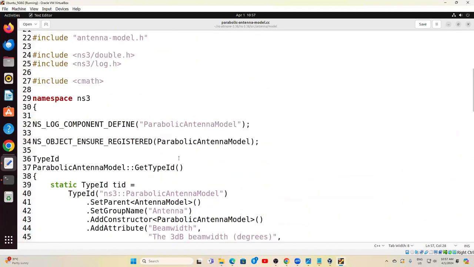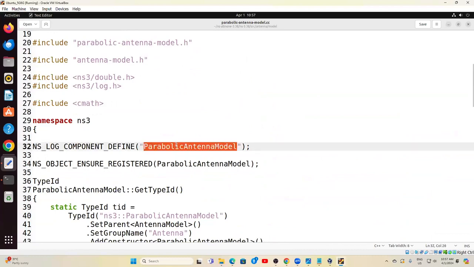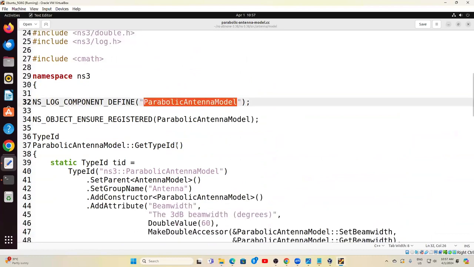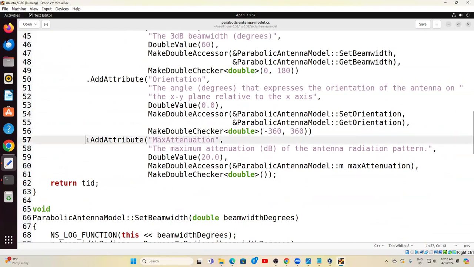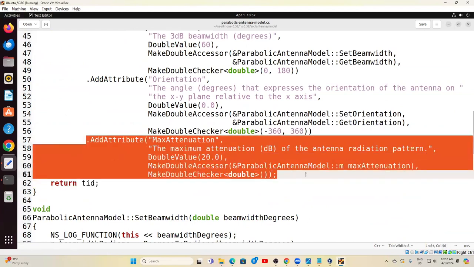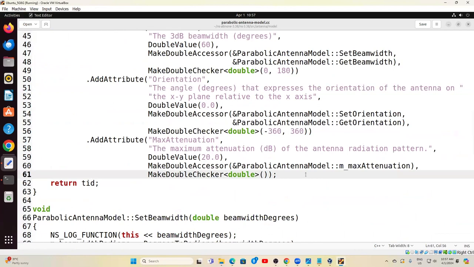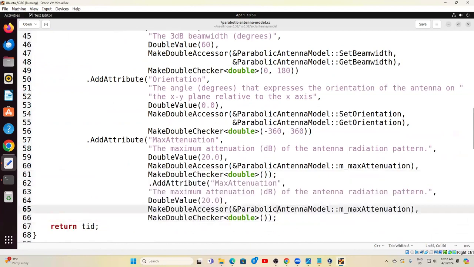Suppose I want to do research on the parabolic antenna, and I want to add one extra attribute which is not there in NS3. What you can do is use another model here. Just Control C, Control V. Okay. So like this, you can add one, and instead of attenuation, I can add something else. So let's say one model is angles. Angle, the maximum angle